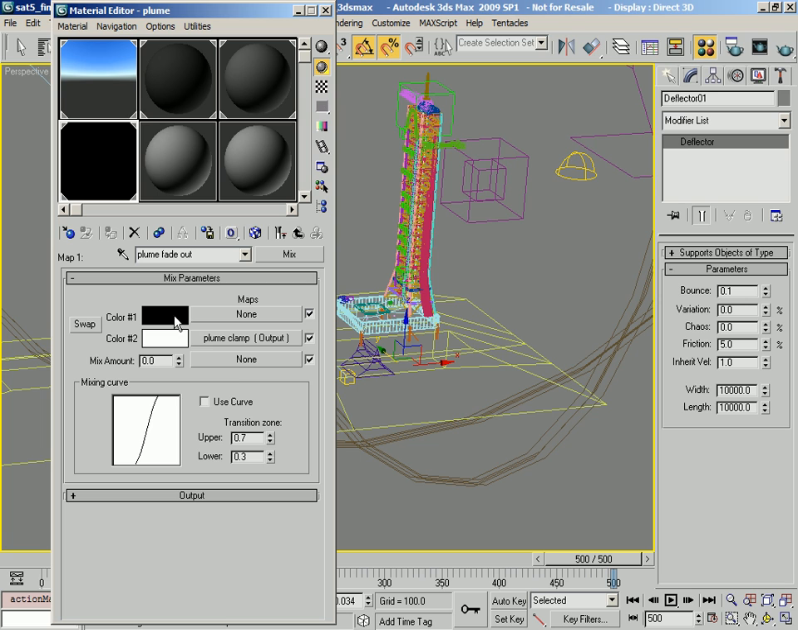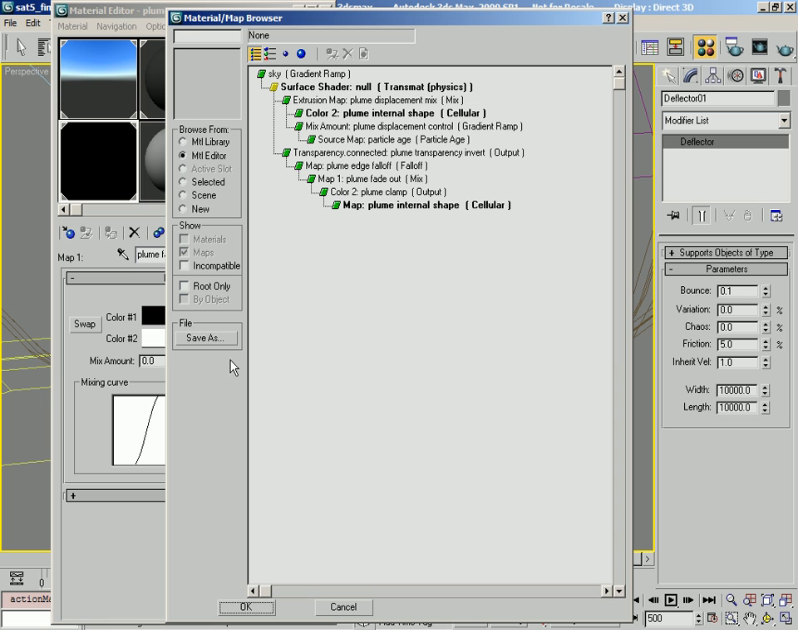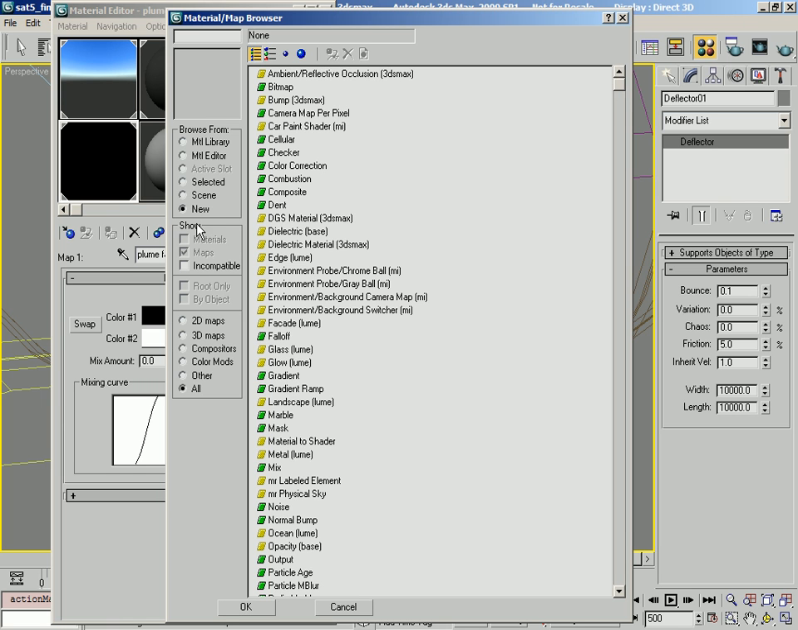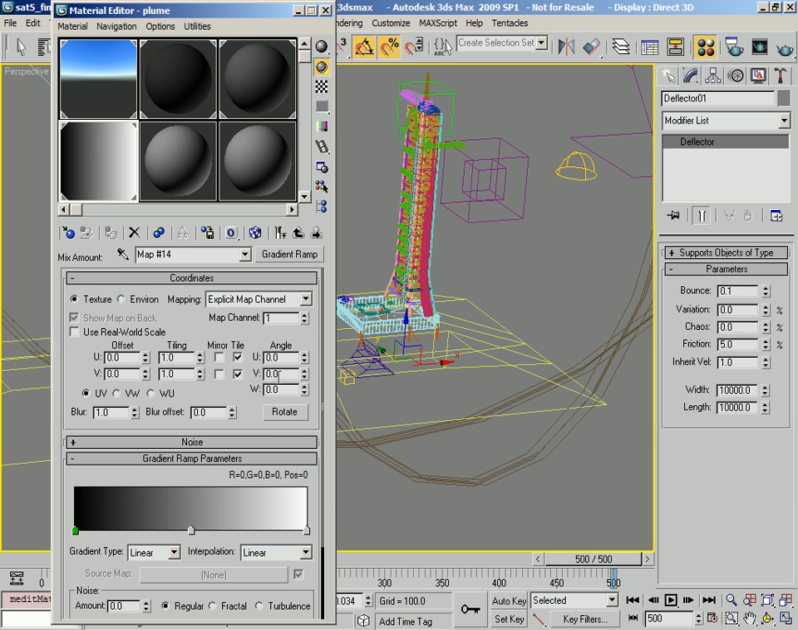Okay, so the next thing is we need to control exactly how this output is going to be mixed through with this black. So again, same kind of deal as before. What we need to do is use a gradient ramp map and control it via particle age. That's just simply a case of dropping in a new gradient ramp as before into here, and let's label that